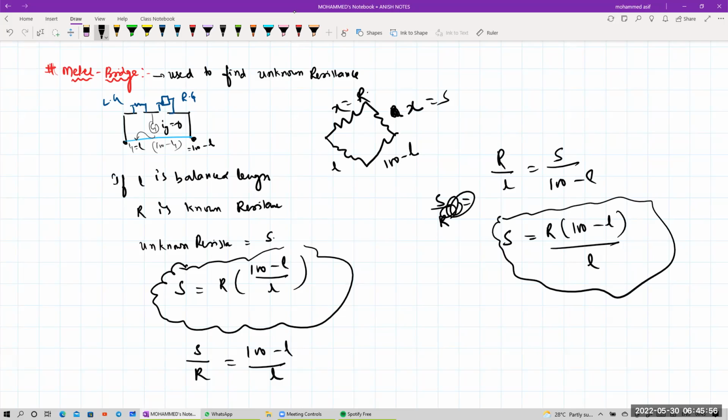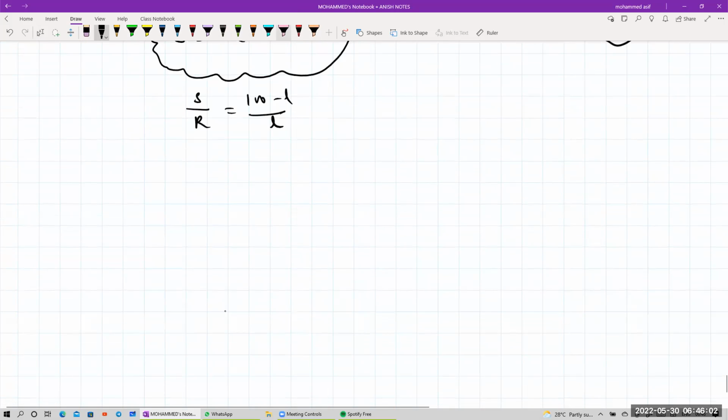So what is a meter bridge? A meter bridge is an instrument which is used to measure the unknown resistance. In the same way, one more last instrument, and very important, that is the potentiometer. Did you study it for the Inter board? Potentiometer. What is a potentiometer, beta? It is also a device which is used to measure the EMF of your cells. So I can say this is your ideal device